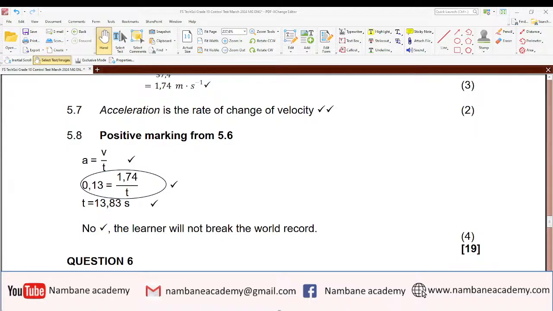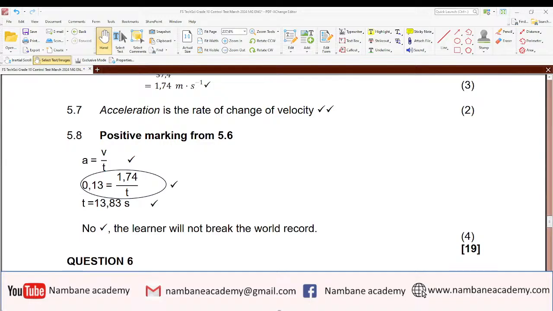So the expectation, ladies and gentlemen, is they must calculate time and check the time that this learner completes 100 meters versus the one of Mr. Usain Bolt. Now 1 mark for the correct formula, 1 mark for the substitution of acceleration 0.13 and the velocity,